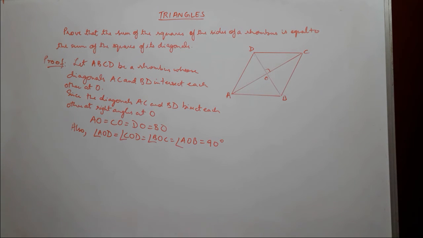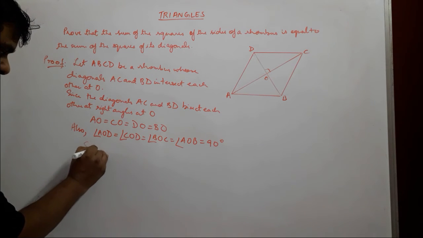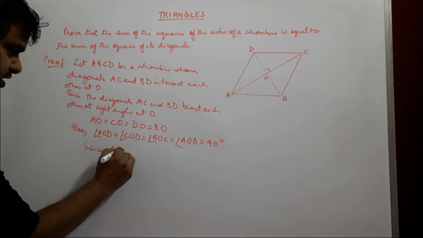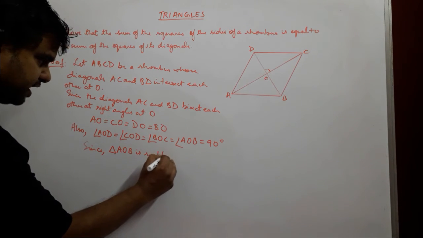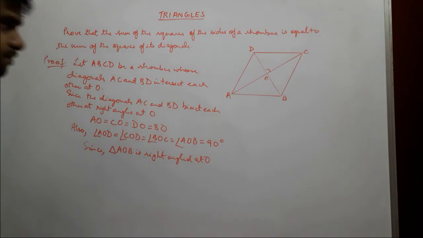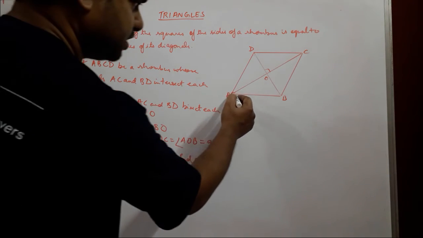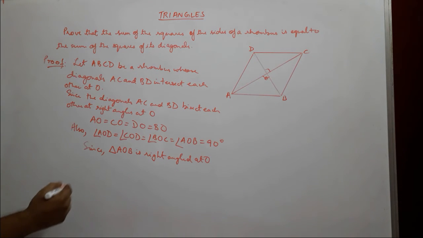Okay, now we can say, since triangle AOB is right angled at O, we are talking about this triangle AOB right angled at O,